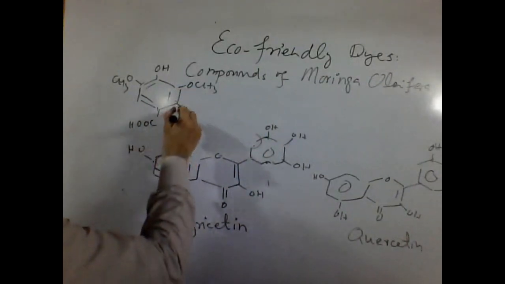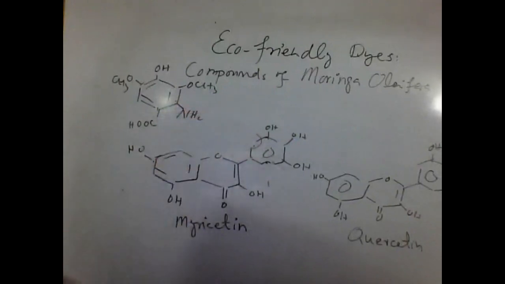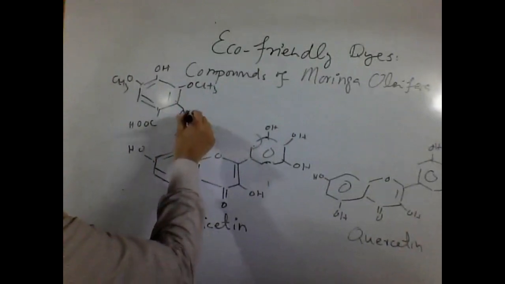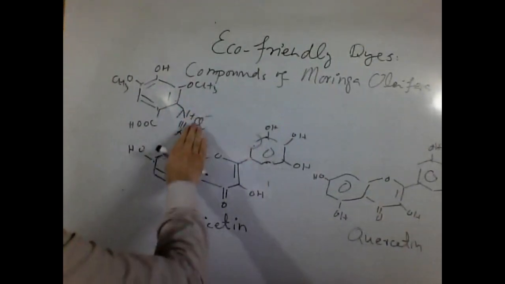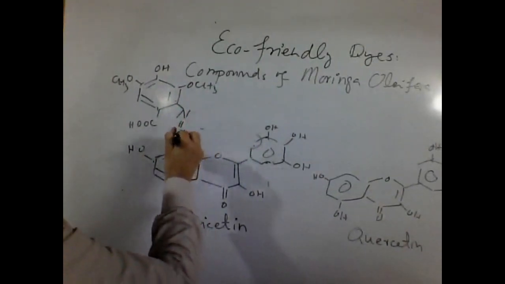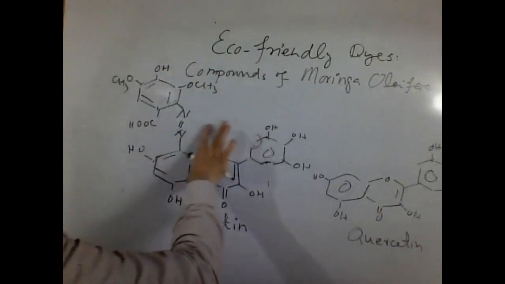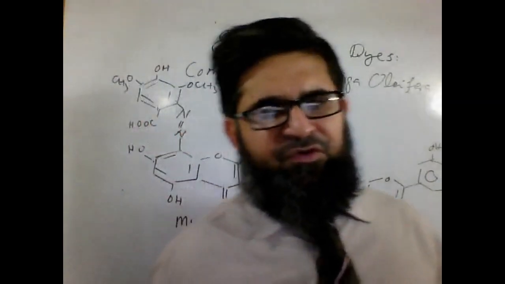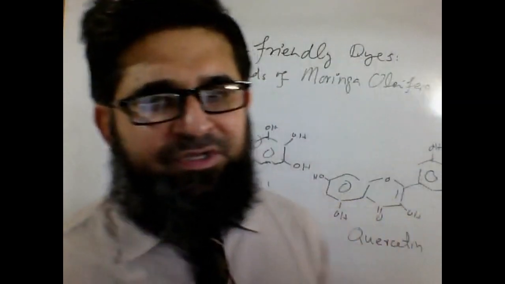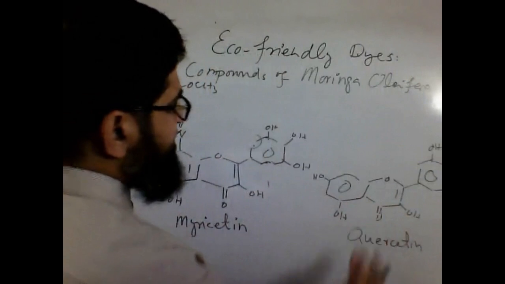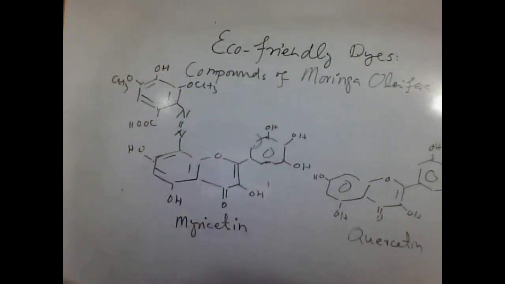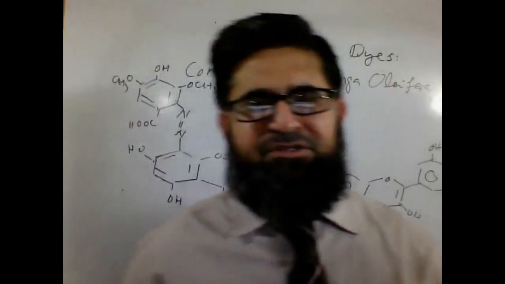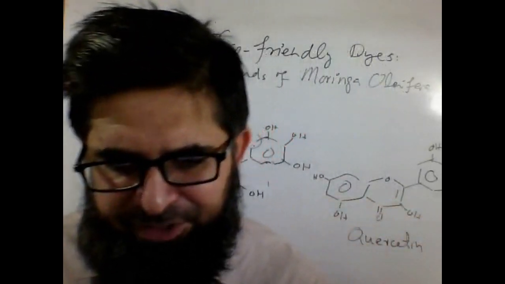Then we can go for reduction. Then we can go for diazotization. Then we can use it something like that. So this is how we can produce the azo dye from the natural substituents. Similarly, this one could be brought in and used as a coupler. Similarly, we can perform nitration on this compound as well for the preparation of